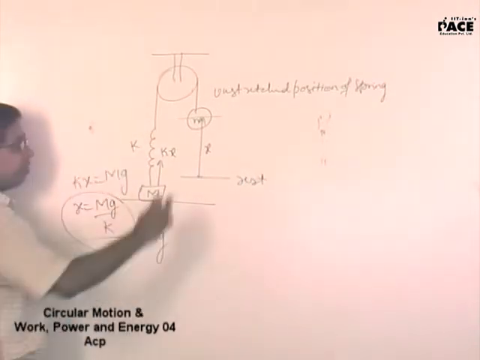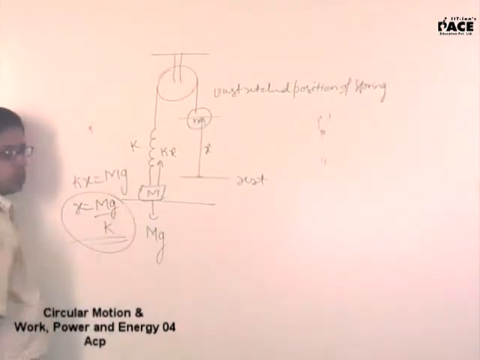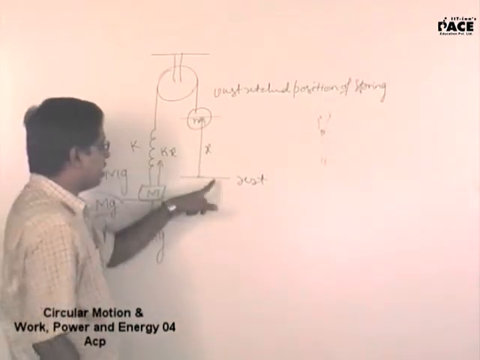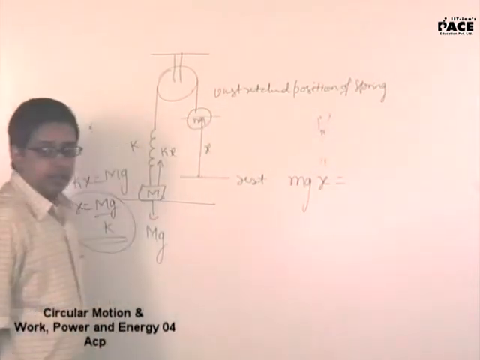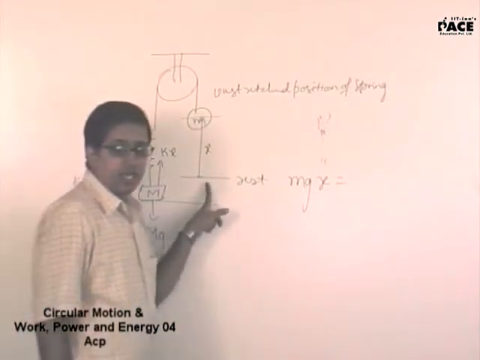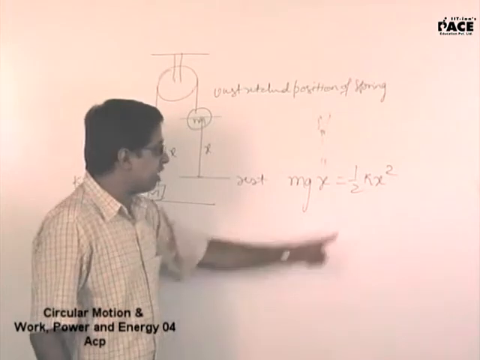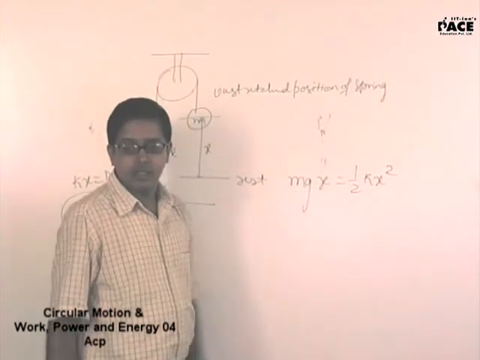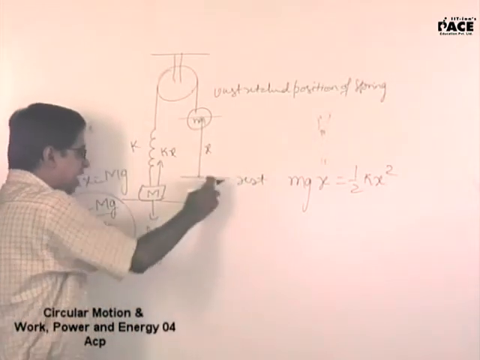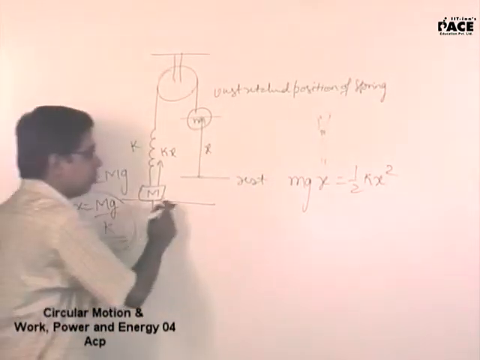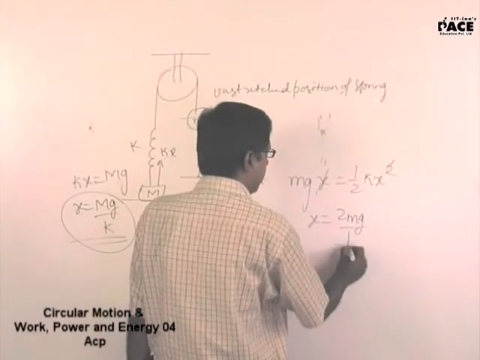When will this be minimum mass? When this value of x is attained when it comes to rest here. If it comes to rest here, 2 mg by k. Right. That means the loss in gravitational potential energy should go into half kx square. And it should not have any kinetic energy there. Implies by the time it travels this particular distance, at that instant this will take off from the ground. And hence x will be equal to 2 mg by k.